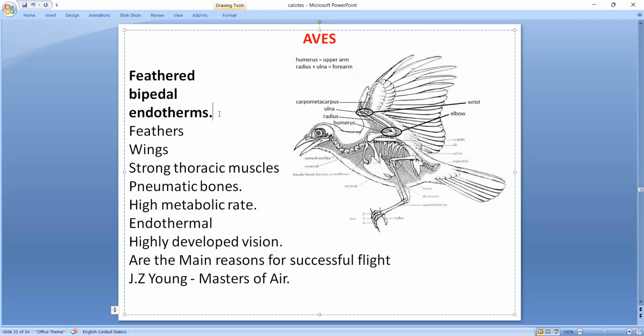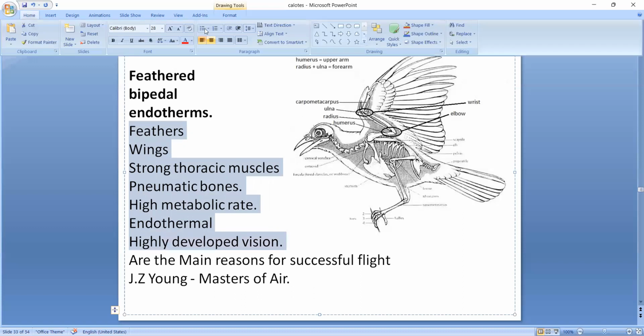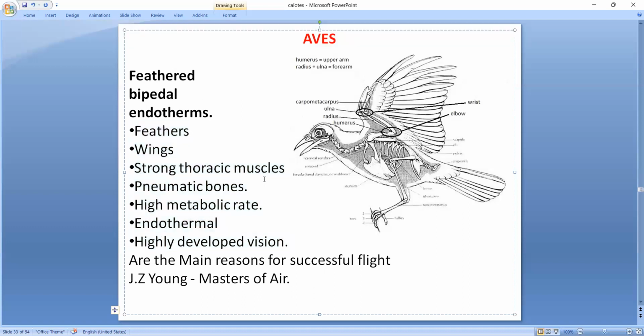temperatures. అంటే సరౌండింగ్ ఎన్విరాన్మెంట్ టెంపరేచర్తో సంబంధం లేకుండా వాటి యొక్క ఇంటర్నల్ temperature is always constant. Okay, so here are some of the important points which are responsible for their successful avian mode of life. ఏంటి అంటే బర్డ్స్ ఎందుకు సక్సెస్ఫుల్ ఏవియన్ యానిమల్స్ అని అంటే,